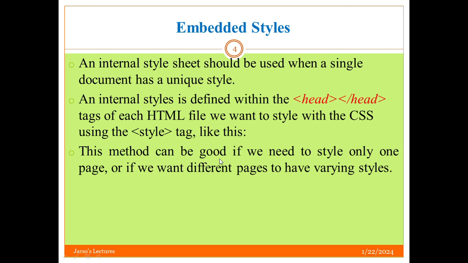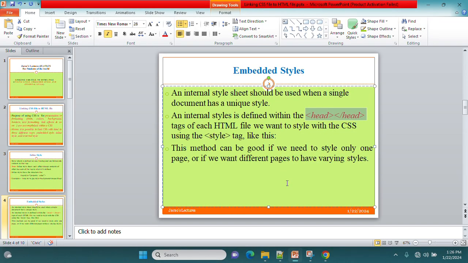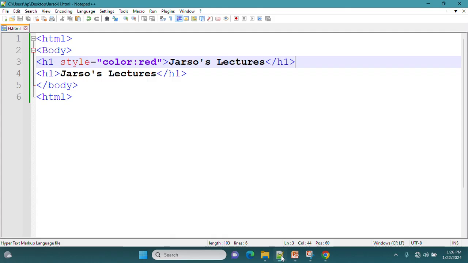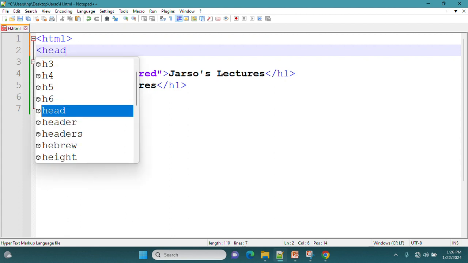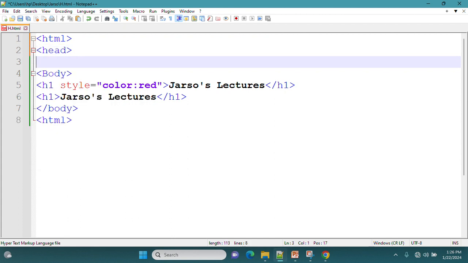Now, this method can be good if we need, look, this is a very important point, this method is good if we need to style only one page, or if you want different pages to have varying styles. Let us see by example. Defining the head tag is a must for an embedded style sheet, and then closing this one,